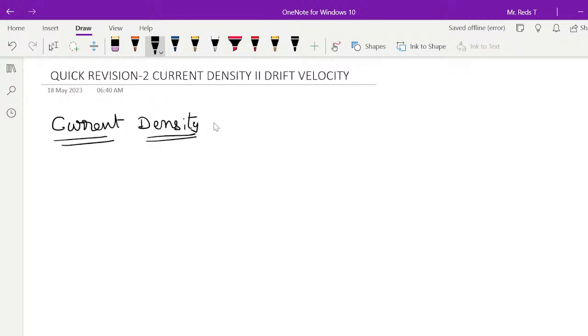Current density, it is denoted by J. Okay, what is current density? A vector I can define it as